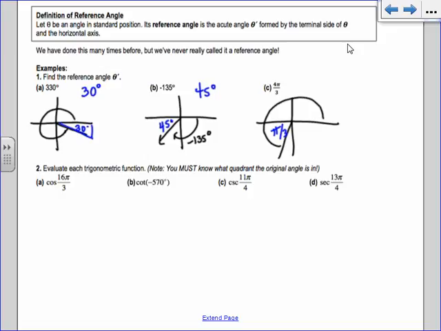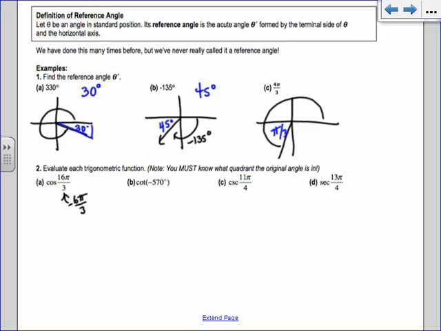Okay, so evaluate each trig function. Always think about what quadrant your original angle is. Don't just think about the reference angle. So what I will typically do is I'll keep subtracting 2 pi or keep subtracting 360 or adding 360 or whatever I need to do to get it to be something that is on my unit circle. So we can continue to use the unit circle on these ones. So if I have cosine of 16 pi over 3, 16 pi over 3 is bigger than 2 pi. It's not on my unit circle, but if I keep subtracting iterations of 2 pi, right? If I subtract one of the 2 pi's,